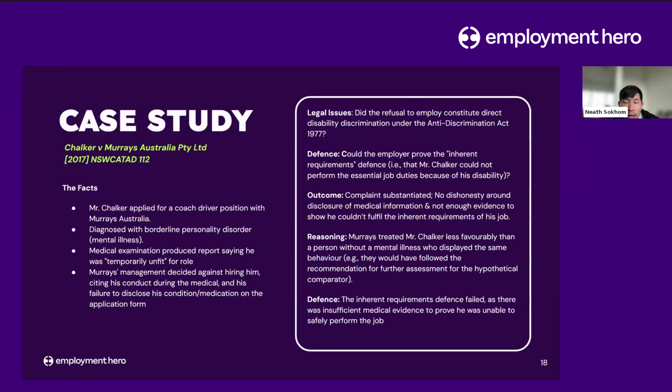So the first one was Mr. Chalker had not been dishonest with his answer because he had a genuinely held belief that his condition did not have any effect on his ability to do his job, right? So there was no dishonesty there, right? And number two, the second finding was, although he had been temporarily unfit for the duties of the role that he applied for, it didn't mean that he couldn't fulfill the inherent requirements of his role in the longer term,